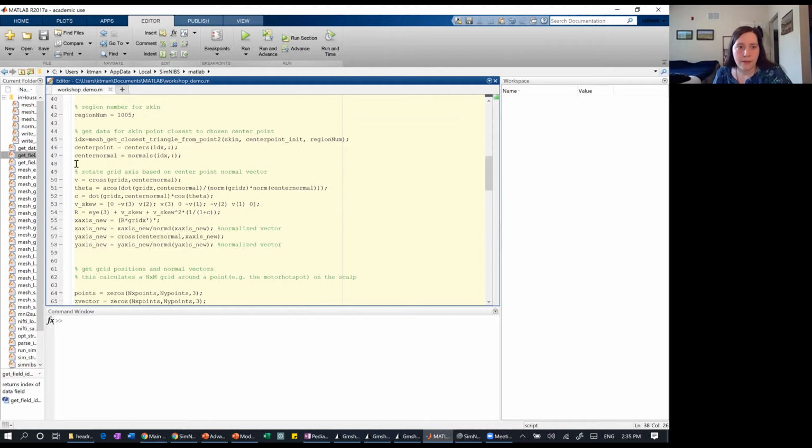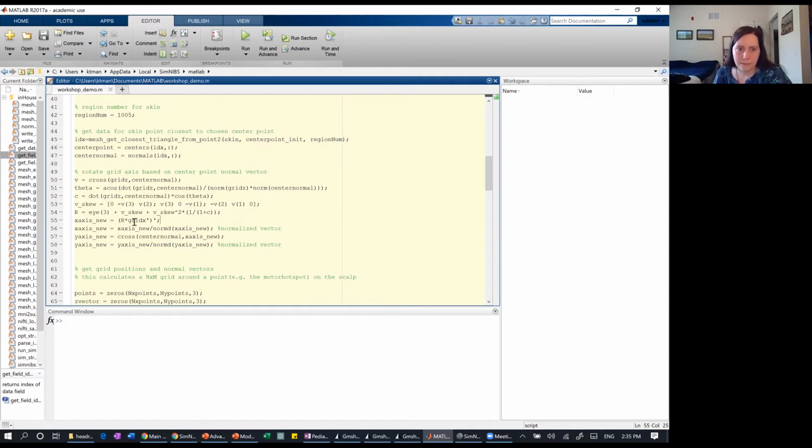Once we have our centers and our normals, we can then essentially figure out what theta is needed, and then build a rotation matrix and apply this rotation matrix to